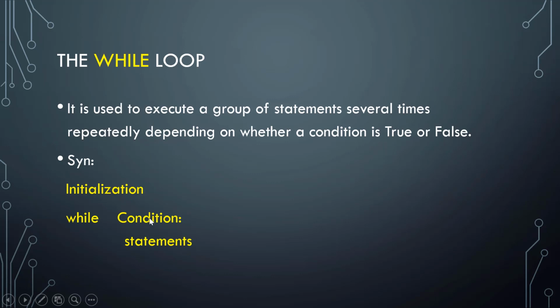Syntax we need to follow. So condition checking, executing statements. Again, it will go to the top, checking condition. So initialization will be done only once, but this condition checking and executing keep on happening until the condition is true. Whenever it is false, it will be stopped. So while the condition is true, keep on executing. That is said to be the behavior of the while loop. If you want to perform any group of statements several times, then only we go for a while loop.